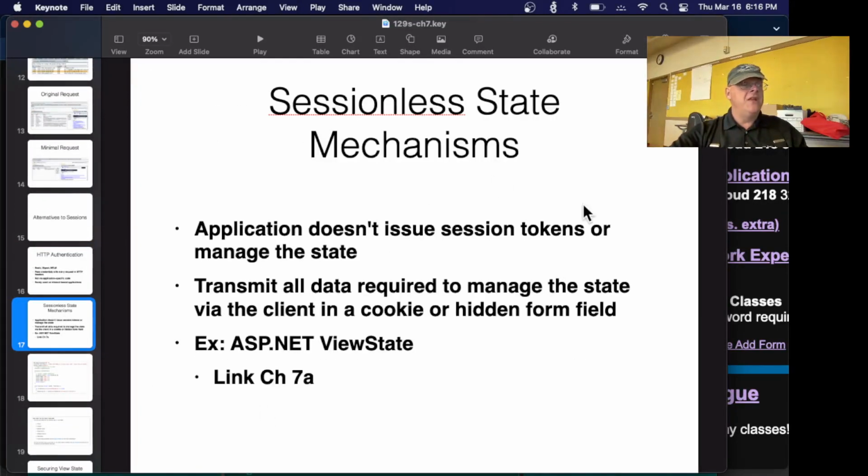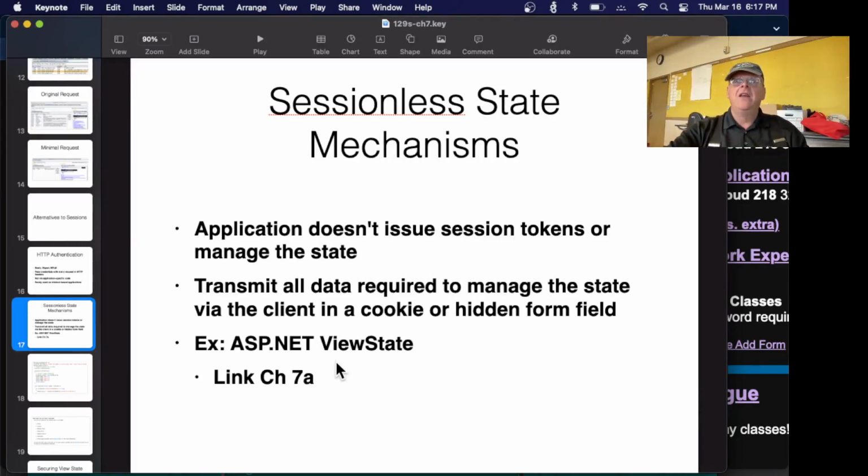All right, so then there are other ways to do it. If you don't issue a session token and keep a database on the server, for example, you might have a bunch of servers. Like I mentioned before, you might have a company with a website, and now they want to deploy a mobile app on a different cloud service or something. So instead of trying to reproduce the database on the other app, they want to add extra services without having to configure all the existing services. So the easy thing to do is store all the data on the client. And then all the data goes to this other service, so it has everything it needs to know about you.